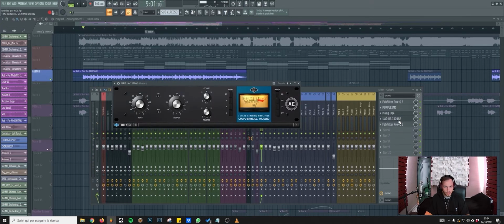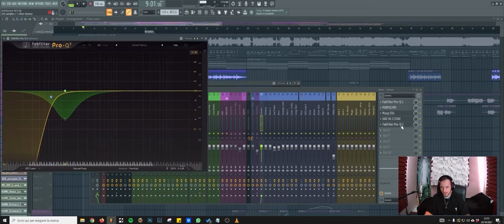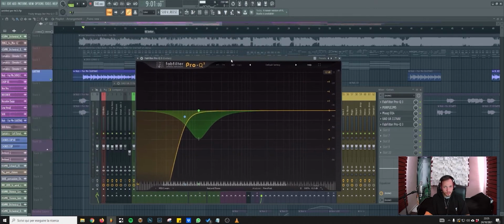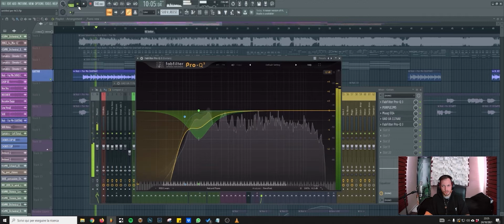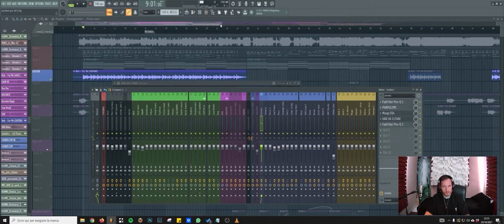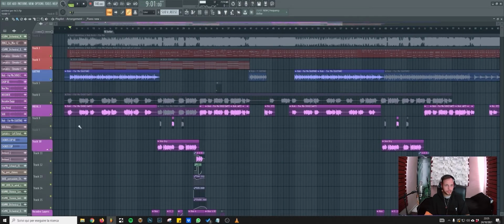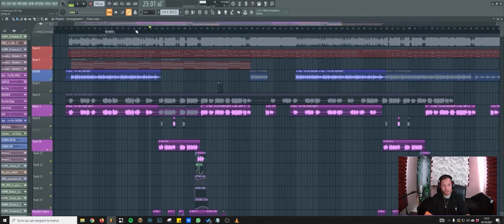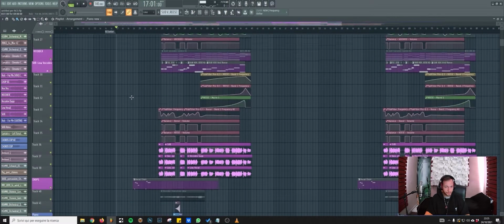A little bit of compression, I believe 3-4 dBs, maybe hitting 5, not more. And a little bit of control on the low end, because I was still needing a little bit of control there, as you can see. And that's it for the guitar, I think. I'm not gonna show you the vocal processing because it's in the Studio One project, the mixing project, so there's not much going on here.